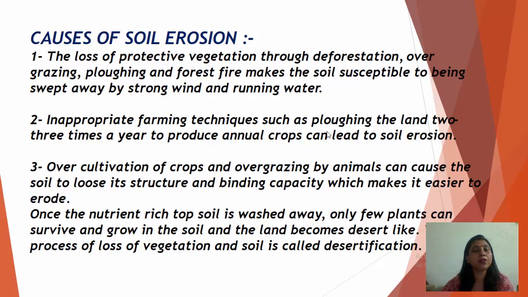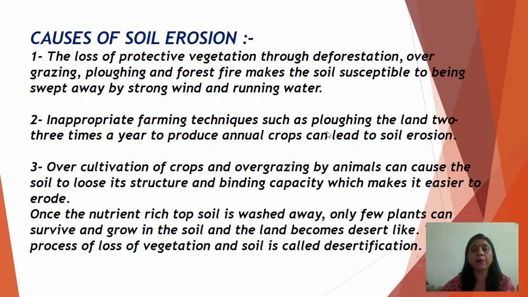अब over-cultivation of crop means ज़्यादा हम crops cultivate कर रहे हैं, एक फील्ड में 2 से 3 क्रॉप लगा रहे हैं एक साल में, या जो एनिमल्स है उस पर ओवर ग्रेजिंग कर रहे हैं, मतलब उसी लैंड पर बार बार ही ग्रेज करने के लिए, चराने के लिए लेकर आ रहे हैं. तो उससे क्या होता है, जो सॉइल की जो बाइंडिंग कैपेसिटी है वो कम हो जाती है एंड इरोजन के चांसेस बढ़ जाते हैं. Once the nutrient rich topsoil is washed away, only few plants can survive and grow in